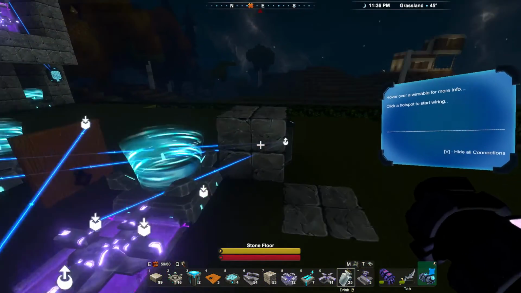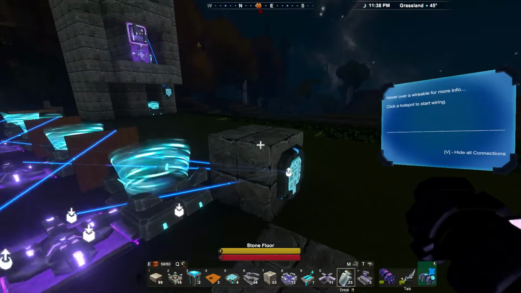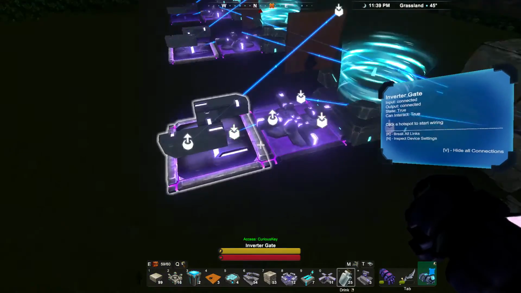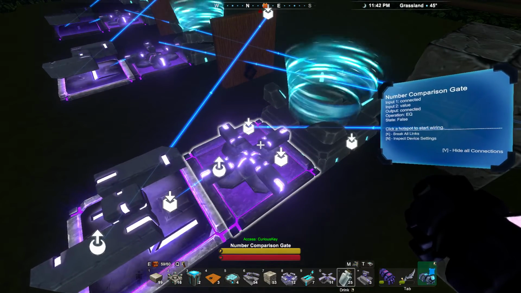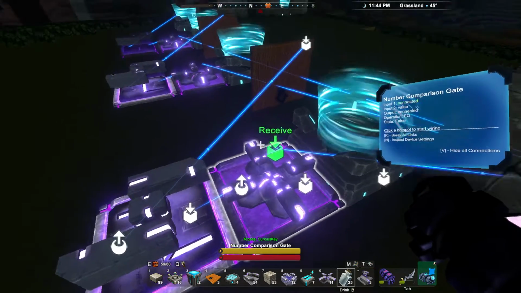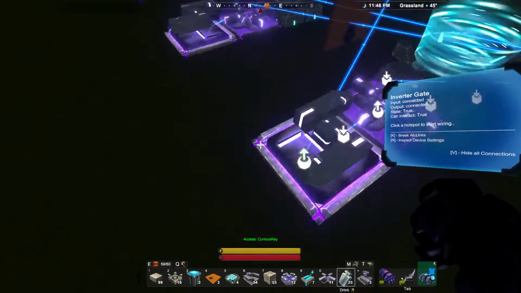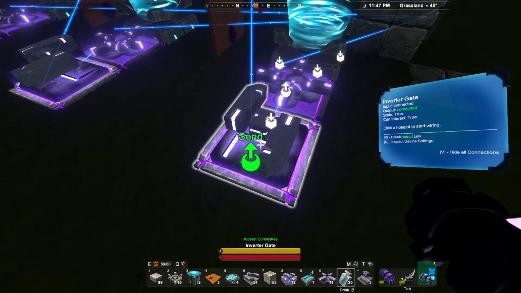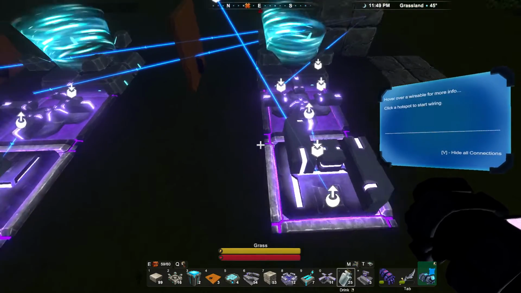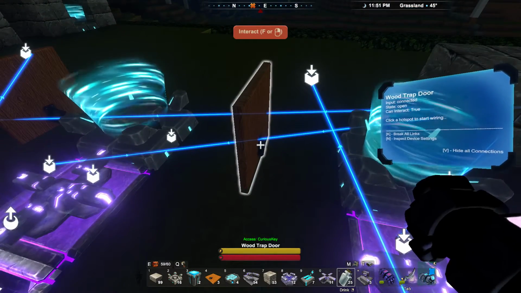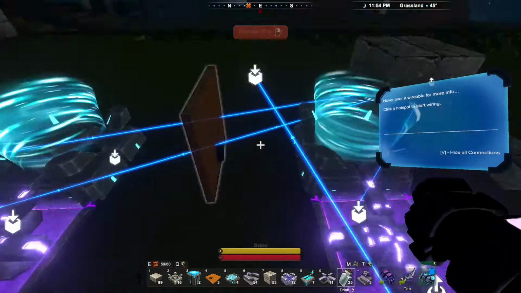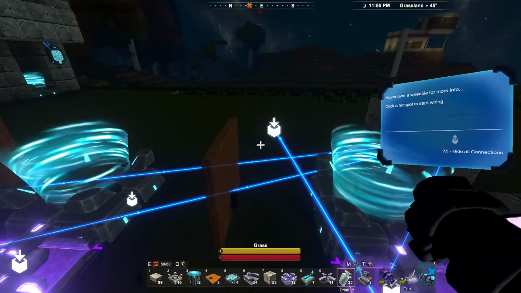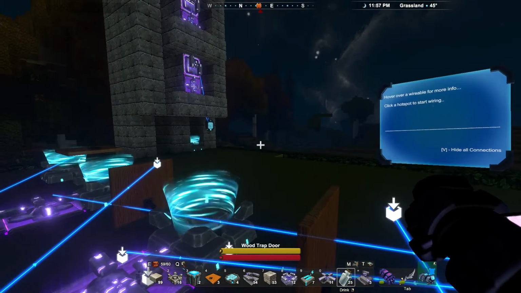So the signal sends out 1 from that, hits the number comparison here, and it says it's equal, because this gate is looking for 1, so it sends out a true signal to the inverter gate. The inverter gate goes, oh, I've got a true signal, so I'm going to send out a false signal. So it sends out a false signal to the trapdoor, which means it closes, and you get stopped by it,